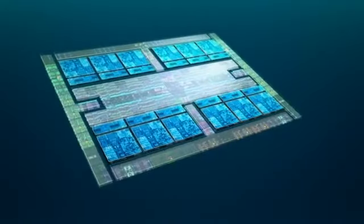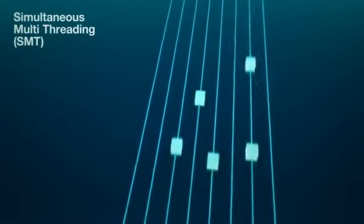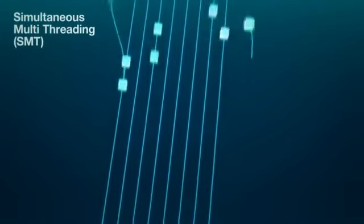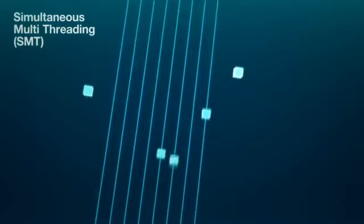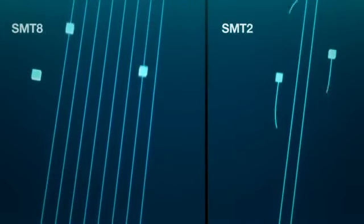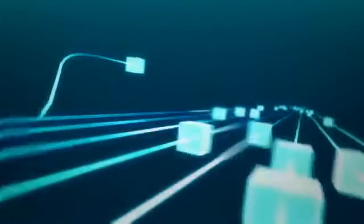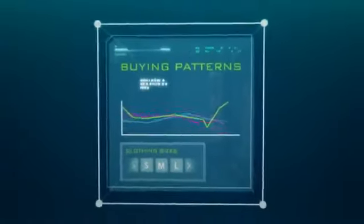The second mechanism is simultaneous multithreading, or SMT, an IBM technology like no other. This technology allows each core to appear as multiples to the software. Power 8 has 8 threads per core, while conventional servers top out at 2. These 8-thread cores are used to assemble the customer profile and create buying recommendations based on past purchases and other